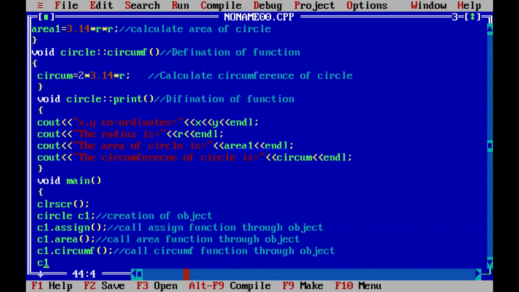And the last function, C1 dot print. This is the function which is going to display everything for the user. Call the print function through the object.